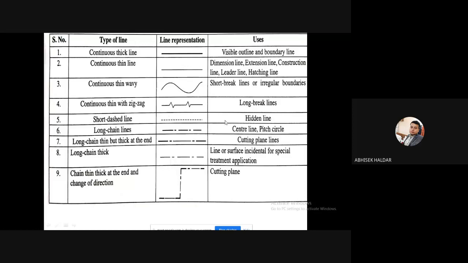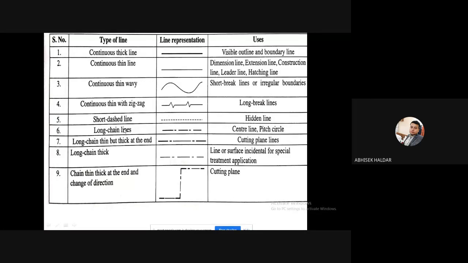What is the use of the hidden line? If you have some hidden part of any object, but you have to show it, how will you show that separately? Use this type of hidden line. Wherever I see this type of dashed line in any drawing, I have to understand that that part is not visible from that side. Any object may be there, and from your front side the parts which are in the back are not visible, but the parts are there in the back. Those parts will be denoted by this dashed line, or hidden line. It is called the hidden line.